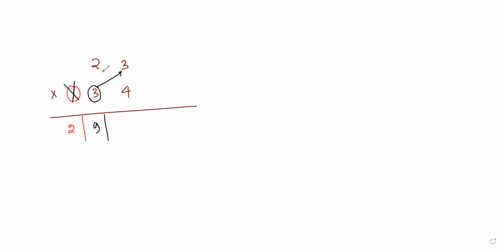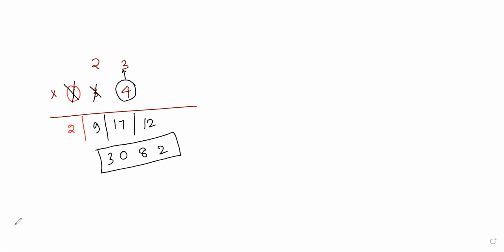That is 9 and these two 8. That is 17. Next step, it will be eliminated. Why? Because it has reached the unit place digit. New digit is selected and it is multiplied with the unit place digit, that is 12. So 2803 will be my final answer.